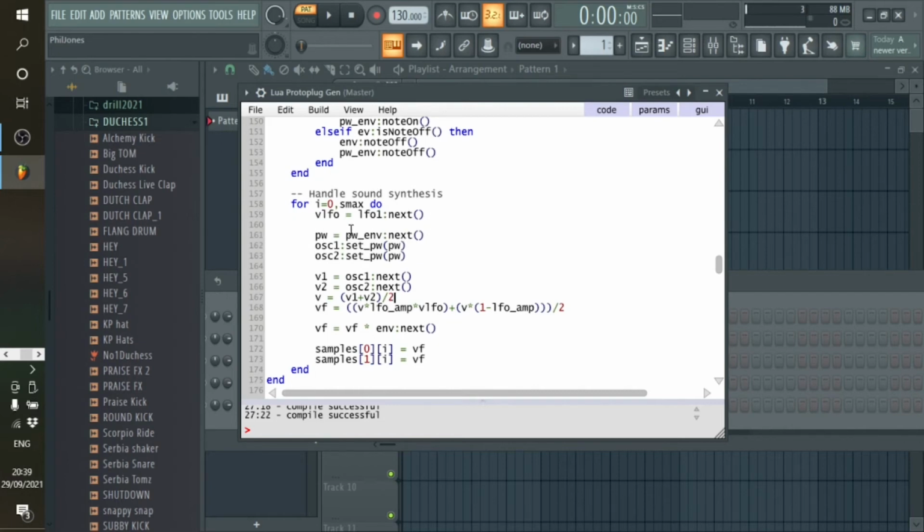PW is a variable that gets the next value from the pulse width envelope. Remember, that's also going from 0 up to 1 and then back, and having received that value, we now set the pulse width of both oscillator 1 and oscillator 2. So at the moment both oscillators have the same pulse width. Maybe that makes it a bit less interesting. We can experiment, but so far we just set the pulse width of oscillator 1 and oscillator 2 from that